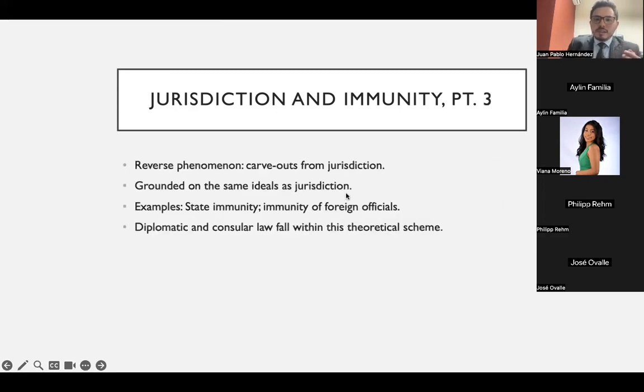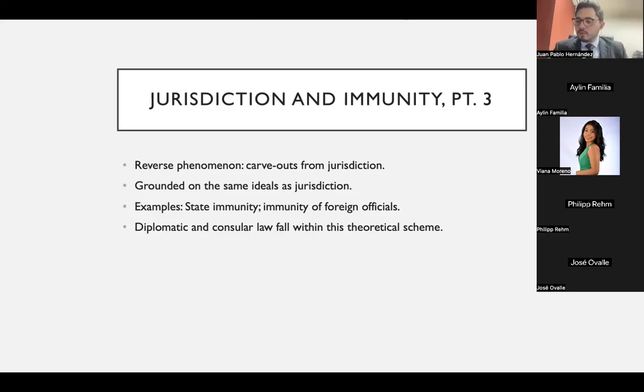Because immunity, which is how many publicists analyze the issue of diplomatic law, is the reverse phenomenon from jurisdiction. It is a carve-out from jurisdiction. And therefore, it is a phenomenon that needs to be placed within its proper context. According to many authors, for example, Malcolm Shaw adopts this position, as well as James Crawford. The issue of immunity presents some complications as a carve-out from jurisdiction because it is grounded on the very same